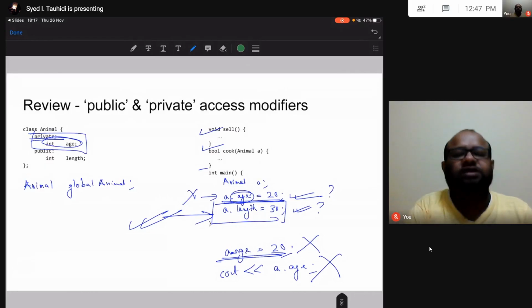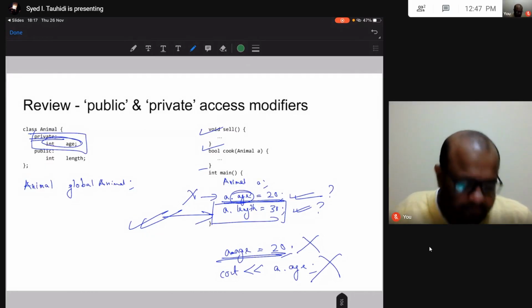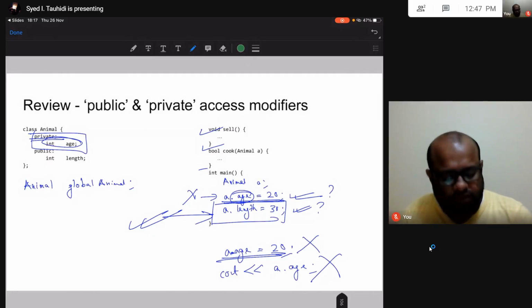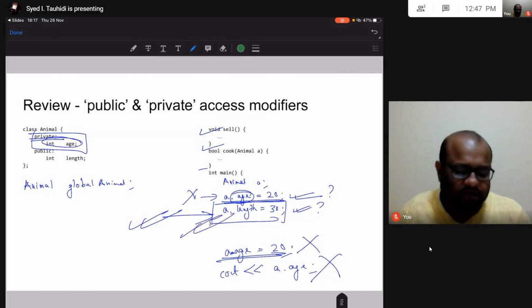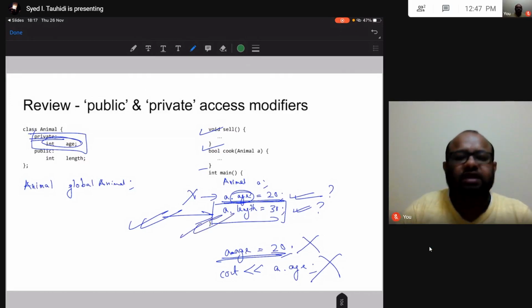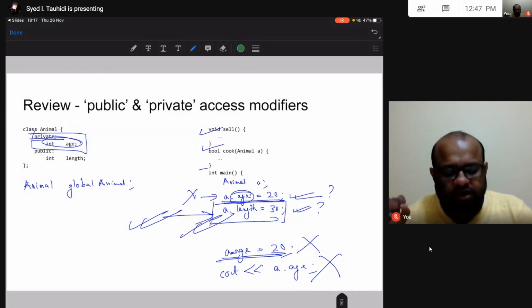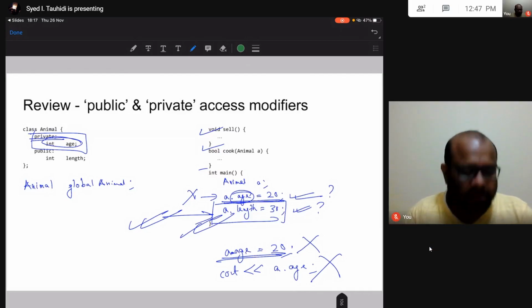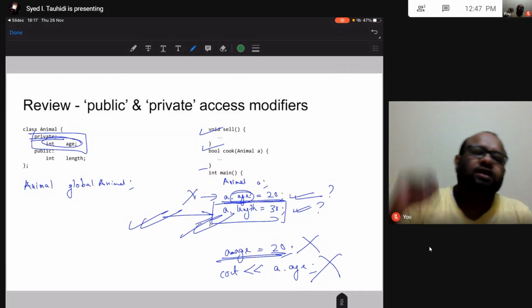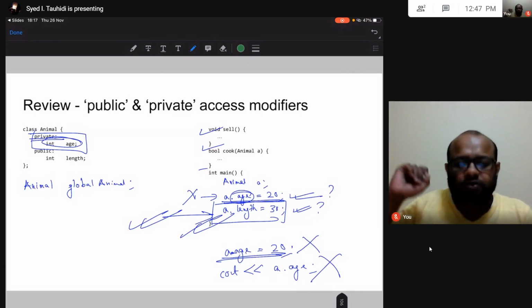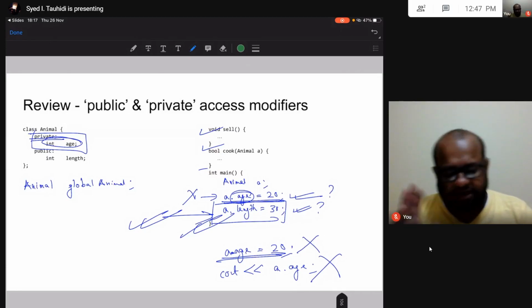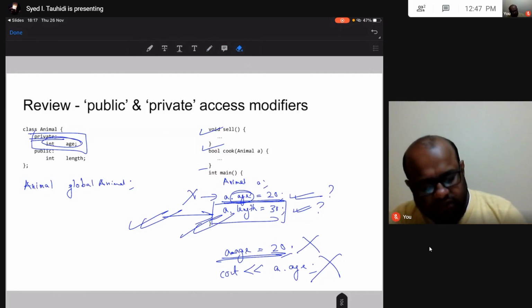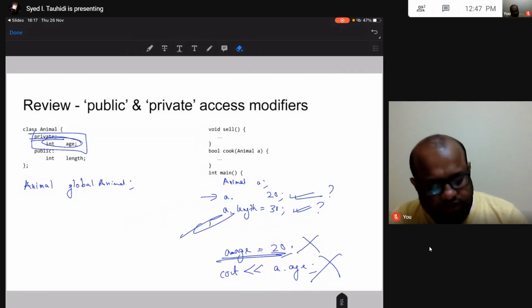There is no restriction; I can do anything that I want. So A dot length equal to 30 is completely fine. A dot age equal to 20 is not permitted. We do not have access to age; it is a private data attribute. We have access to length; it is a public data attribute. You know this already. We are just doing a review.